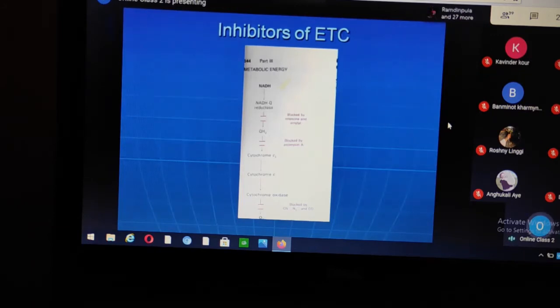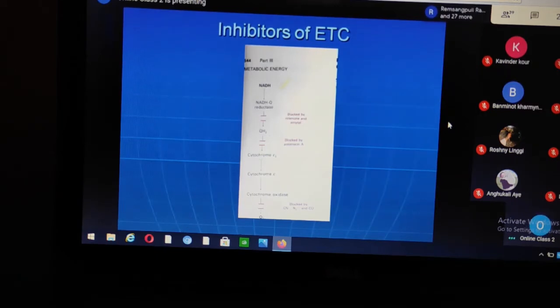Similarly, the transfer of the electrons from coenzyme Q to cytochrome C1, we know that cytochrome C1 is a component of the cytochrome reductase, is blocked by antimycin. Again, another antibiotic. Then finally, the final step, that is the transfer of electrons through the cytochrome oxidase,